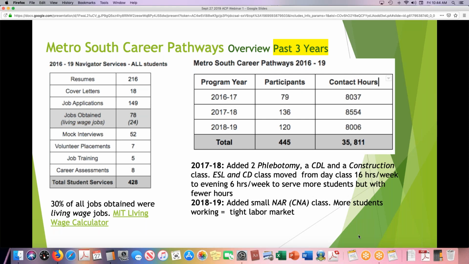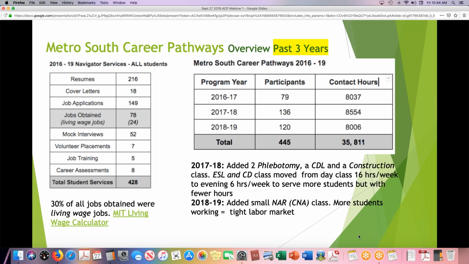And I kind of highlighted jobs obtained. There were 78 jobs, and about 30% of those were living wage jobs. That's according to the MIT Living Wage Calculator. So kind of a data geek, and a lot of that data also was collected through Minnesota Opportunity Corps. So we do have an impact, hopefully, by using navigator services.